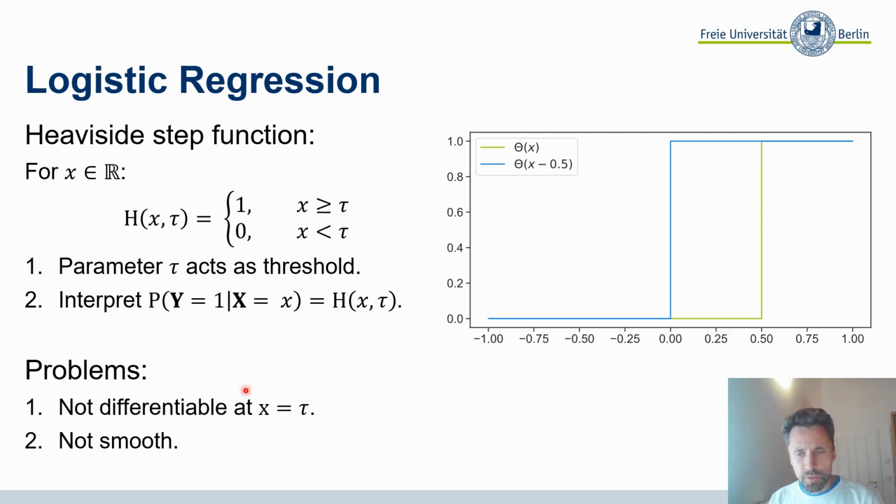The problem with the Heaviside step function, although it's a nice function and simple, is that it's not differentiable, and we need it to be differentiable because we want to optimize it in an iterative way, where we use the gradient. And there's actually no gradient defined at this point, and the gradient here doesn't really give us information of what the better location for this parameter would be. And also it's not smooth. So why do we want to have a smooth output probability? Well,